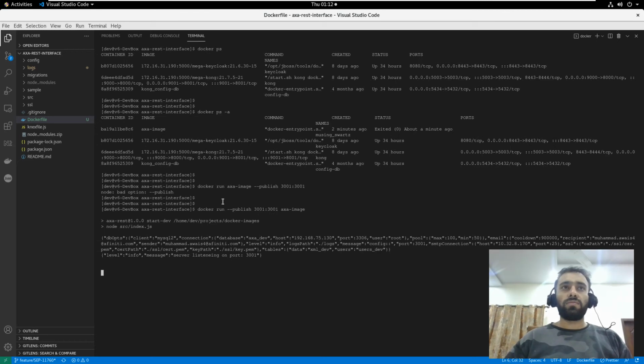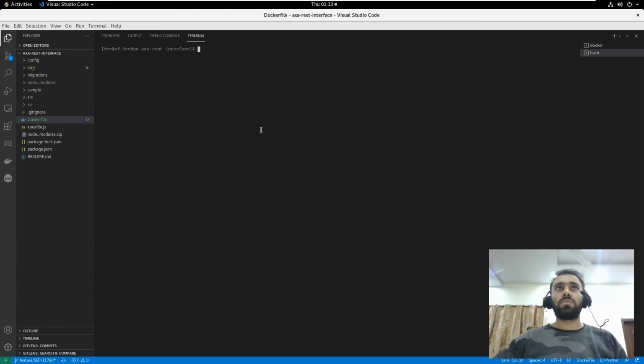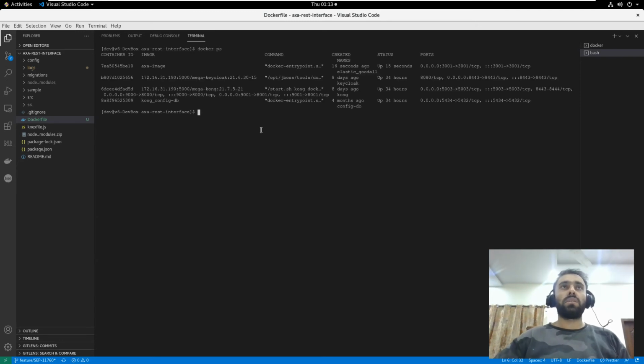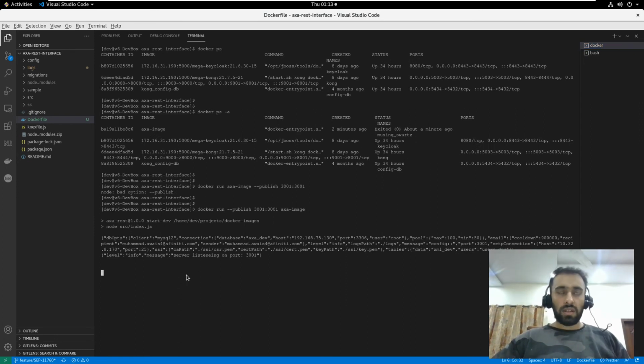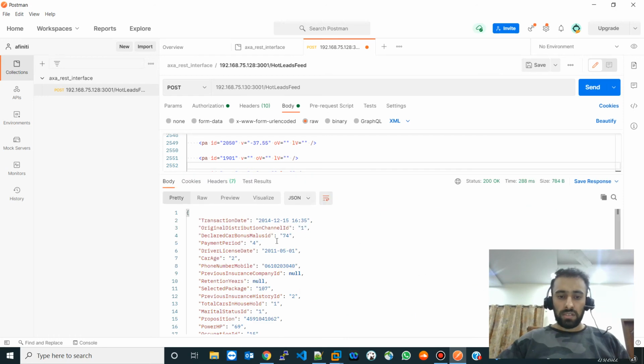Okay, I have created the container once again. Let me confirm this on another tab of the terminal. Docker ps, our container is running once again. It was started 16 seconds ago and is now in the running state. And now if I hit our API, you can see